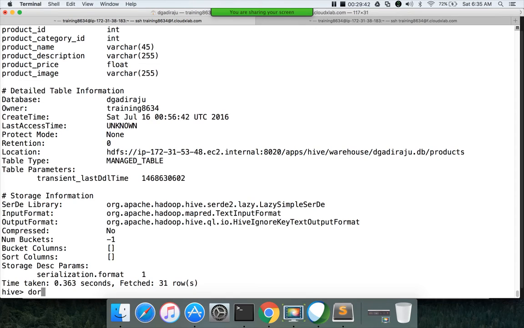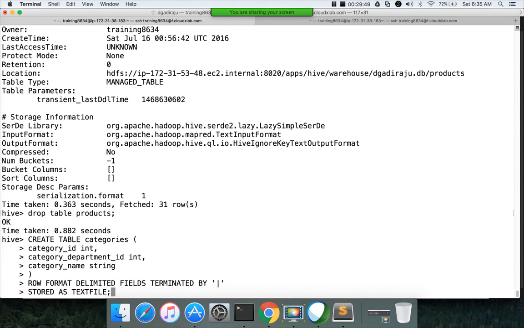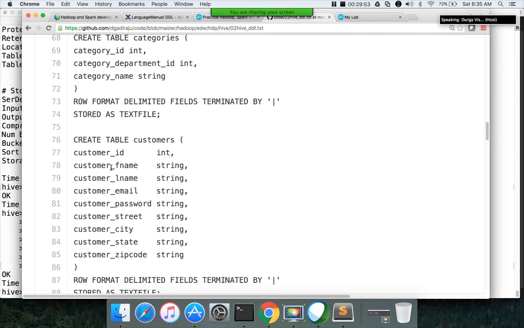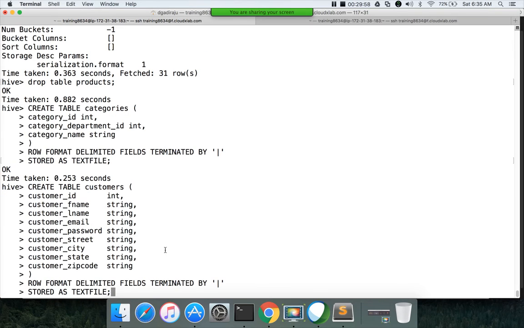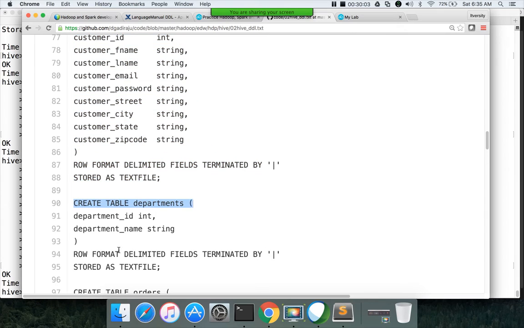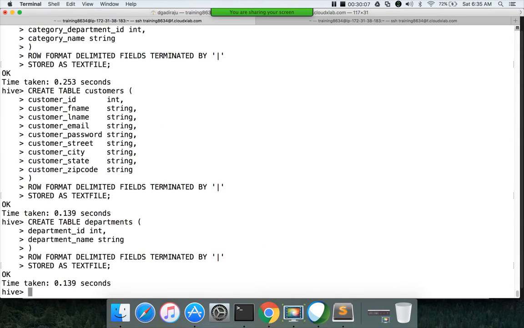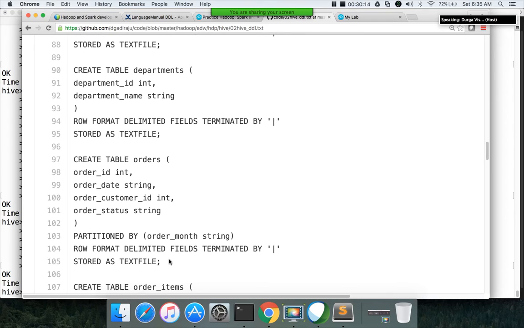Here I am dropping the table products, creating the table categories, creating the table customers, creating the table departments, and creating the table orders using the partitioned by clause.